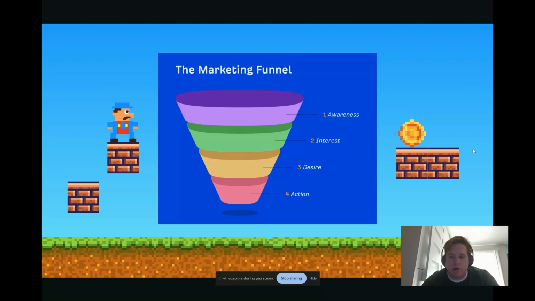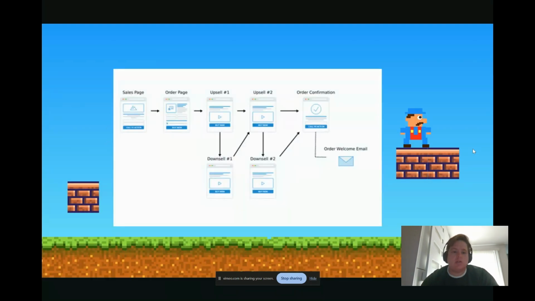So that's the funnel in a very basic sense, like I said, from the awareness piece all the way down to creating interest and desire, and then obviously sales and cross sales, upsells with the action. So, what does a funnel actually look like as far as the different pages? Obviously, this is a more complex funnel. With this presentation, I just want to give you guys kind of everything you can do, and that way you can choose what's appropriate for your own offer.